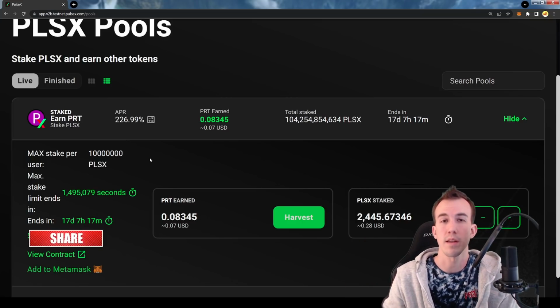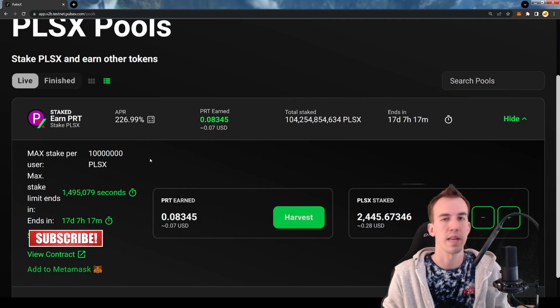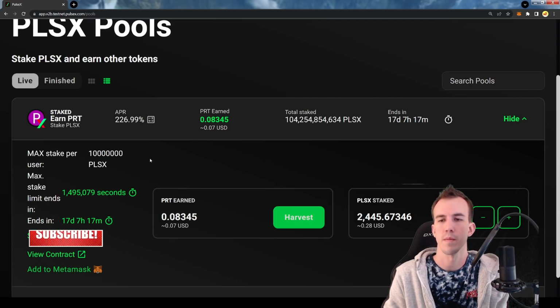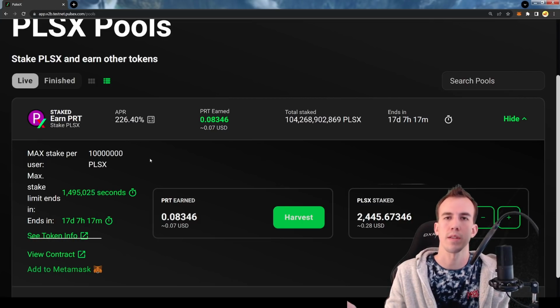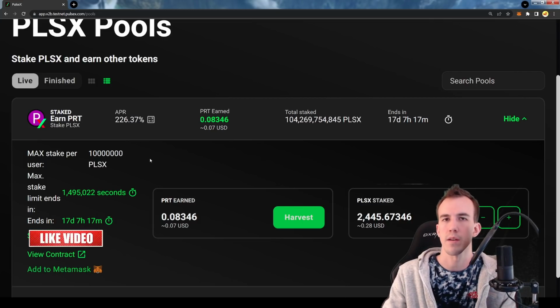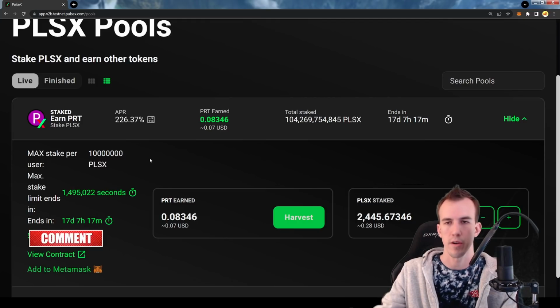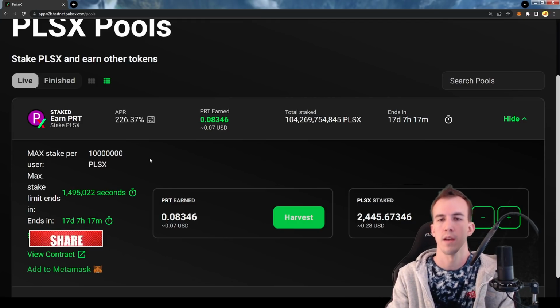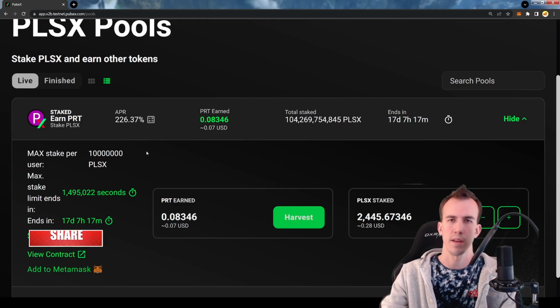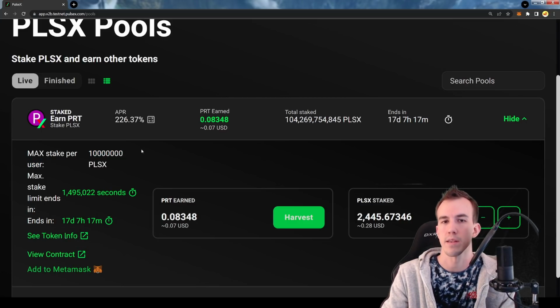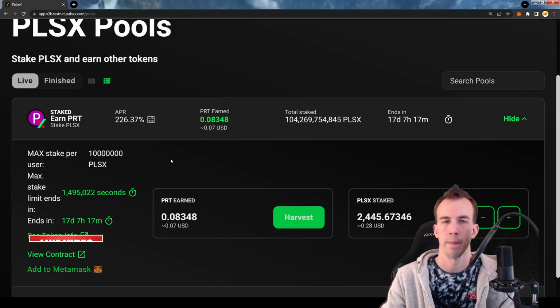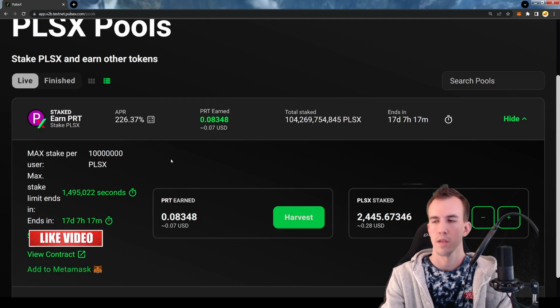This is most likely just a preventative measure during the testnet so that it's not filled with so much PulseX that nobody else can look like they're earning this PRT token just for fun. People want to see that they're earning stuff. I think it's just more fun on testnet, and so I think it's just a limited measure there. I doubt we're gonna have maxes on mainnet. So don't worry about that.